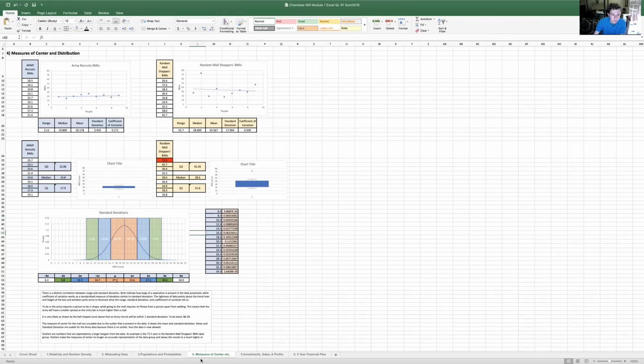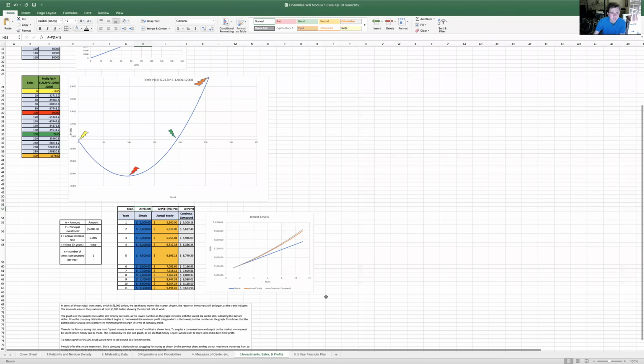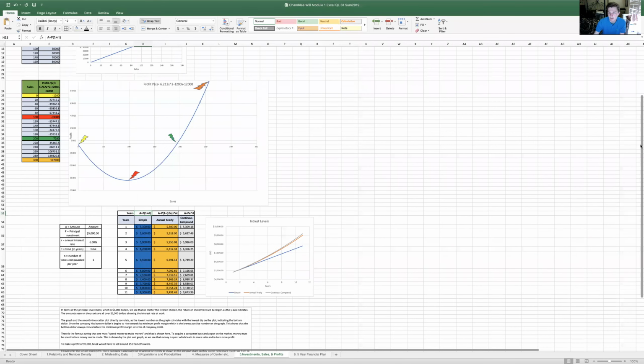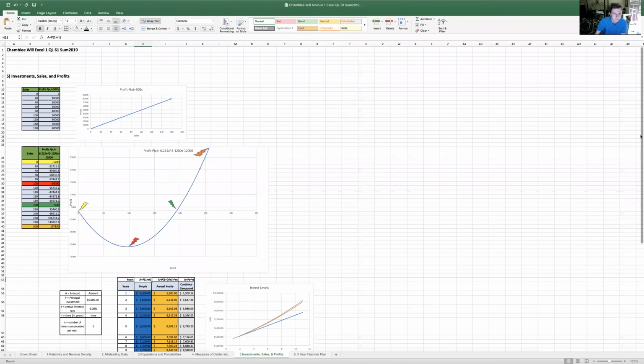All right, let's go ahead and move on to the 5th one, investment, sales, and profits. Talking about Elon Musk's flamethrower company. We just looked at the profit here, putting in each sales and profit number. Here we just took the formula 500 times the amount of sales, which is X. So 500 times 20 is going to be 10,000. Put that formula in Excel and just drag. Of course, it gives you the chart. Here's the chart here with the profits.